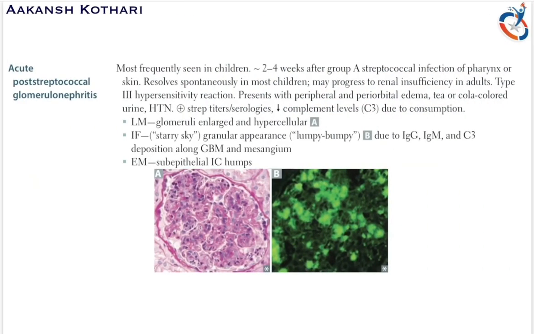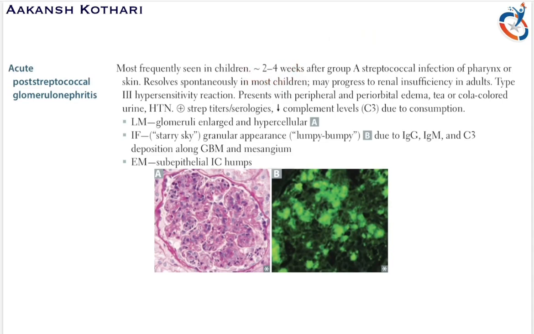The first topic that we have is acute post-streptococcal glomerulonephritis. It is basically caused by group A beta hemolytic streptococcal infection of the pharynx or skin. The finding in the skin is called impetigo. Is this clear? Now it majorly occurs in children, and the symptoms are seen 2 to 4 weeks after the